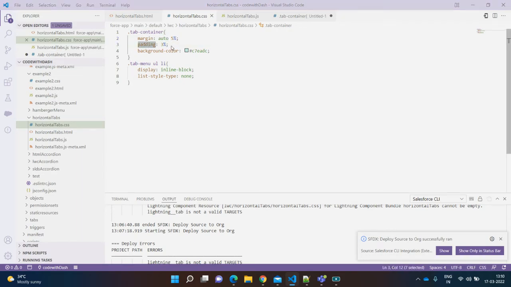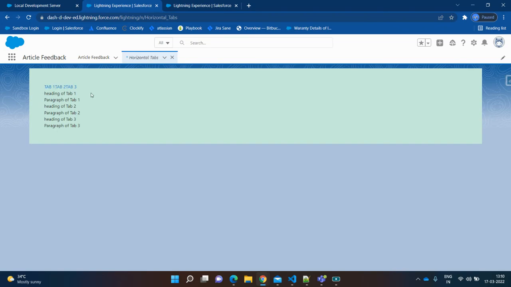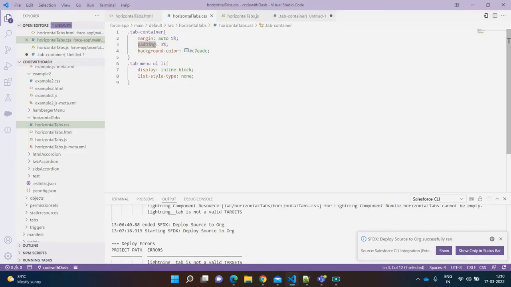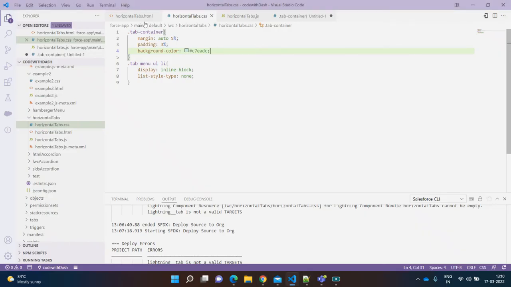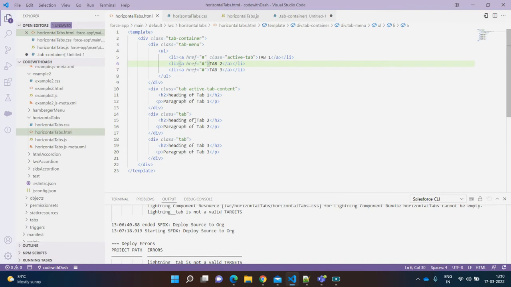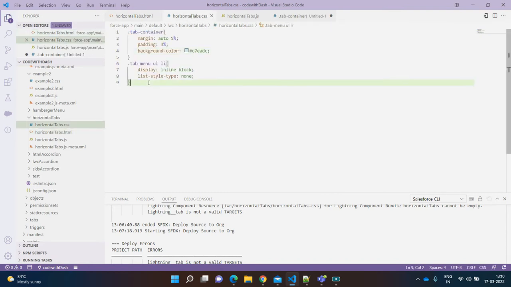Okay, padding 3% means it is inside the tab container, inside the components. Whatever component comes inside, these include padding 3%, and this is a background color. Okay, so that suffices everything. So now what I'll be doing,